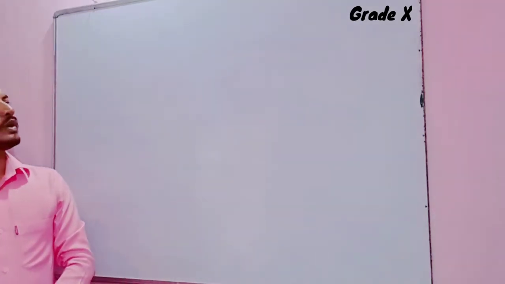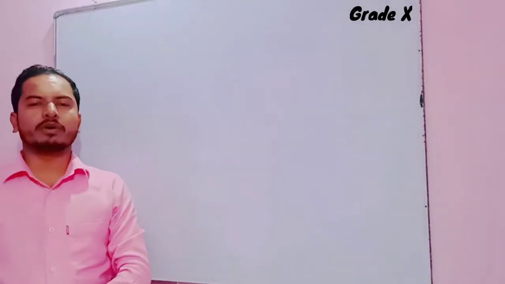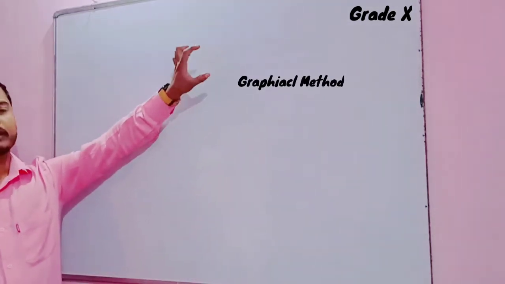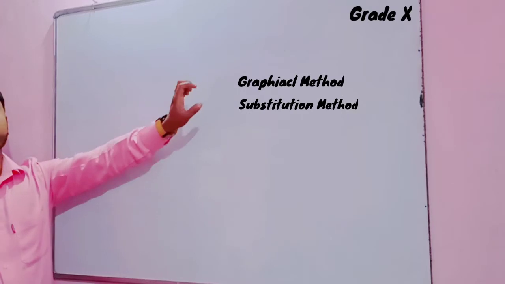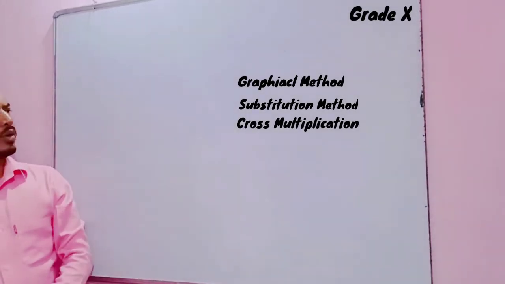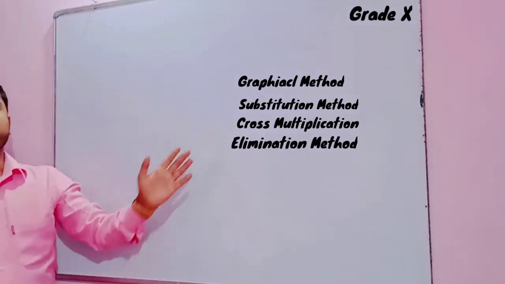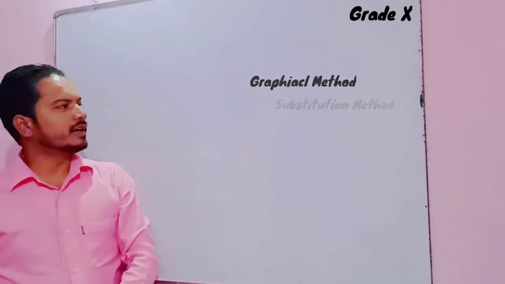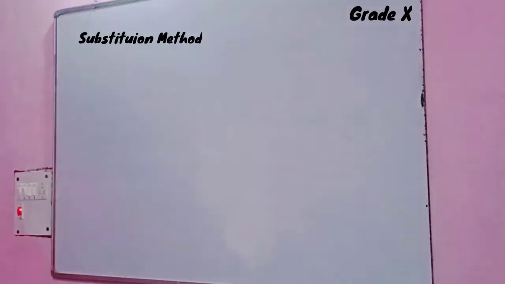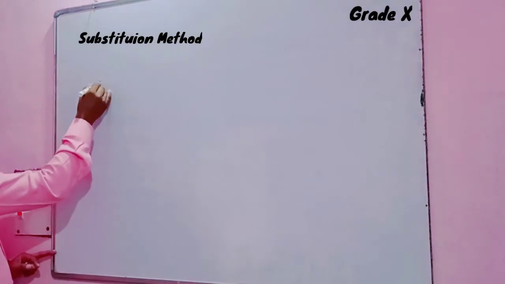Basically, in your syllabus there are four methods to solve a pair of linear equations. The first method is the graphical method, the second is the substitution method, the third is the cross multiplication method, and the fourth is the elimination method. So today we will study the substitution method. For example, let us have a pair of linear equations, that is x plus y